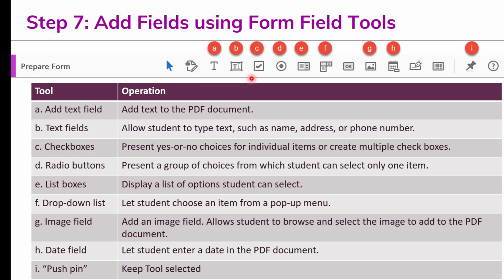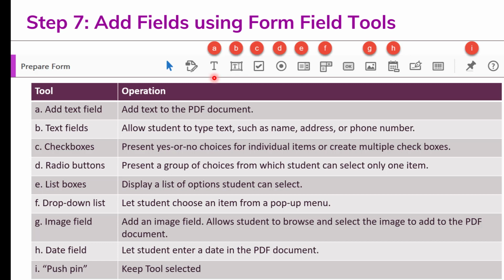Now let's look at the form field options you have to create your fillable form. I can't say the sky is the limit with these field options, but you do have a good spread to work with. From left to right in the toolbar, you can add text to your PDF document, which is not really a field per se, but more of an editing option.